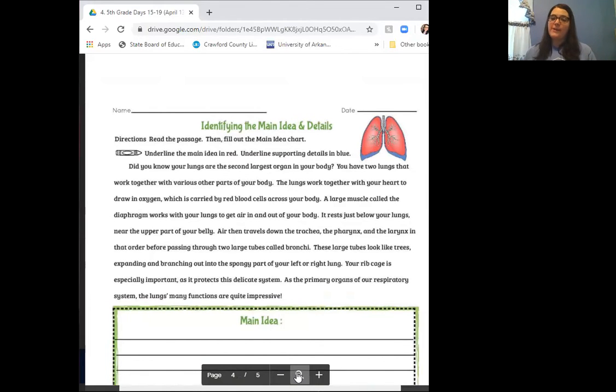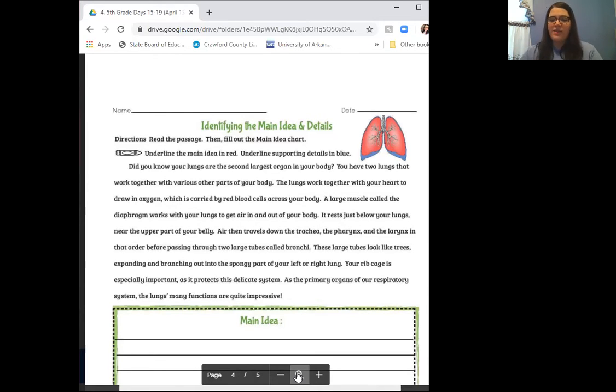So you're just going to read that paragraph, and you're going to think, okay, what is the main idea of what I'm reading? What is this little passage about? Is it about the lungs? So you'd write the main idea of this passage is that the lungs, maybe the main idea is that the lungs are the second largest organ. So you'd write the main idea of this passage is that the lungs are the second largest organ in our